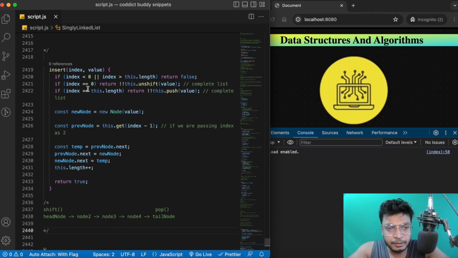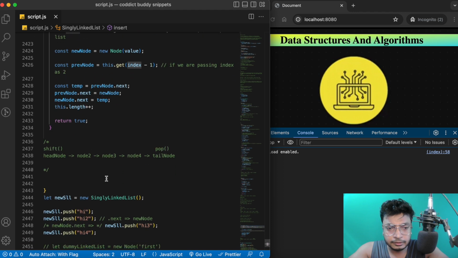The way we inserted the node in the middle, we pointed this node's next to the new node, and then the new node's next to the existing node. In the same way we have to detach the node. Let's say you want to remove node number 2 from the linked list. What you have to do is set this node's next to this node, and then this node will be completely detached from the linked list. In order to remove a node from the linked list, it's as simple as that.